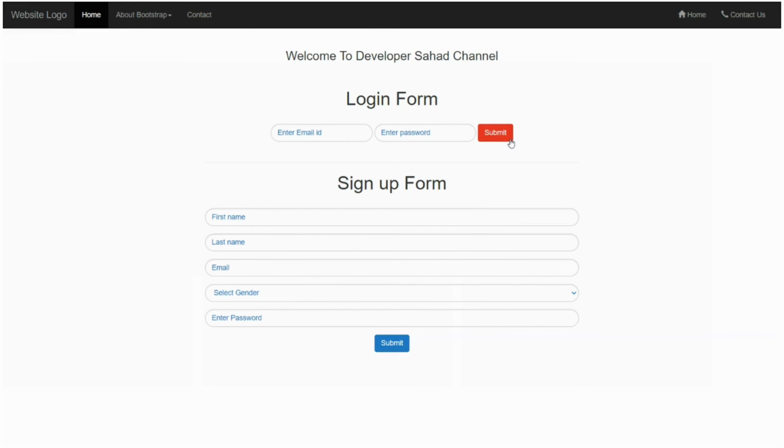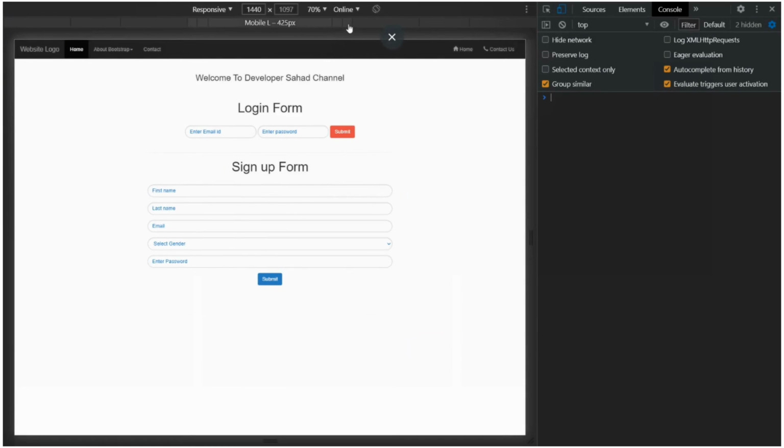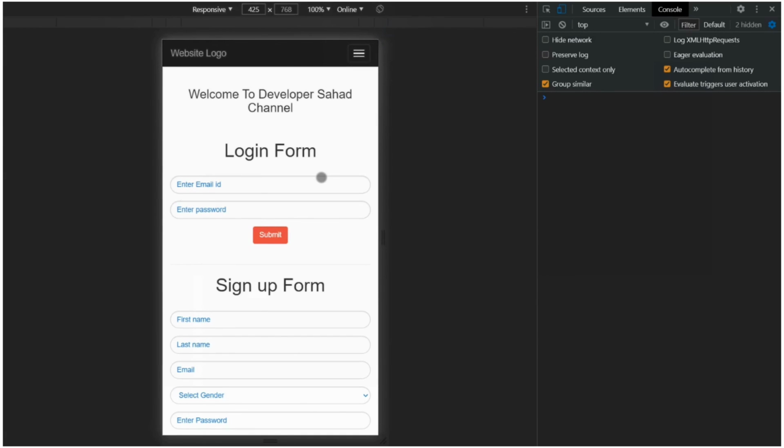For red color there is the button class btn btn-danger that gives you a red color button. And this form is fully responsive. See, this form is fully responsive. With the help of this you can easily create a web page contact form.